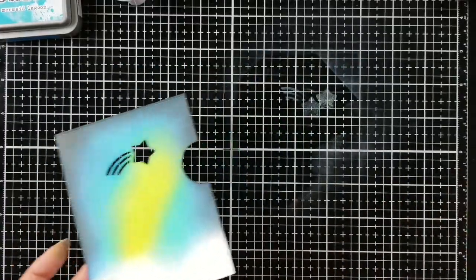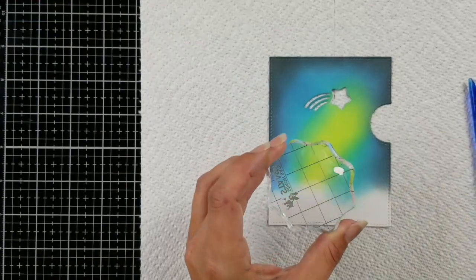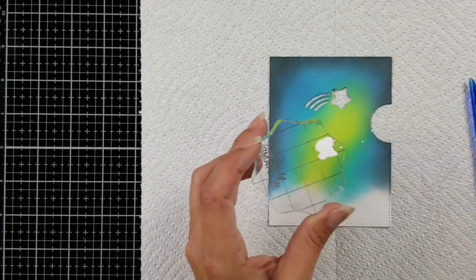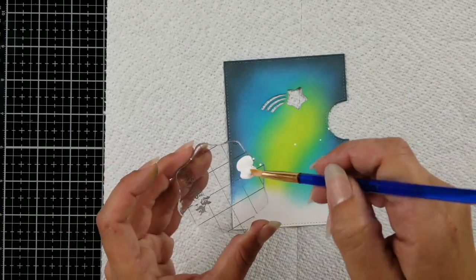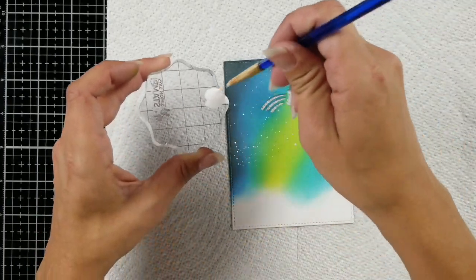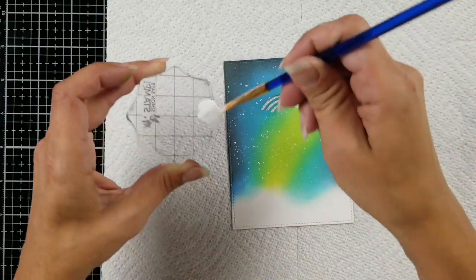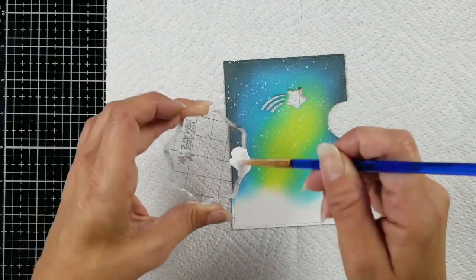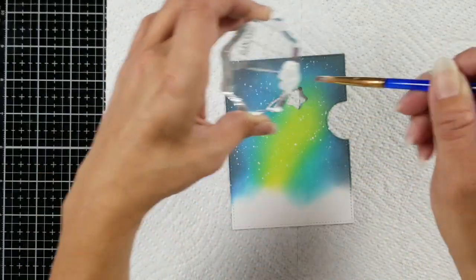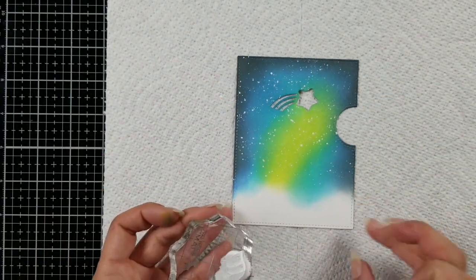And I know it's looking pretty crazy right now, but it will get better, I promise. Then I have some white ink that I'm just dropping onto an acrylic block. And I have a paper towel laid down here because it's just easier for cleanup for me. And I'm going to flick this off the block with my paintbrush to give the illusion of stars. And this really helps bring the background together. Once all the elements are in place, this really comes out as a galaxy background, but these stars really do